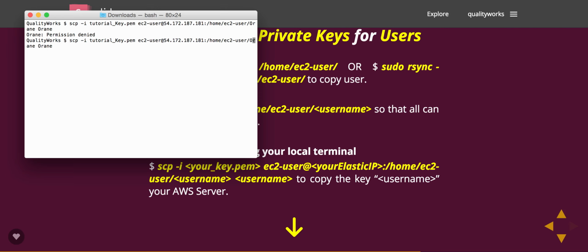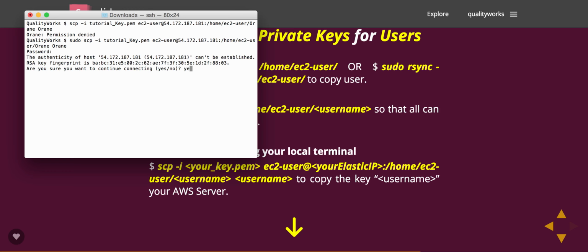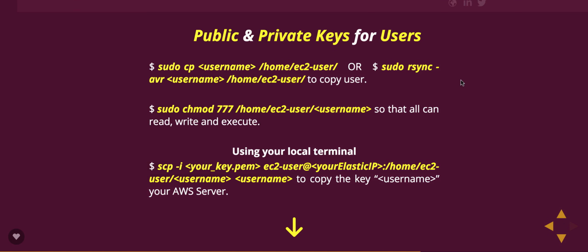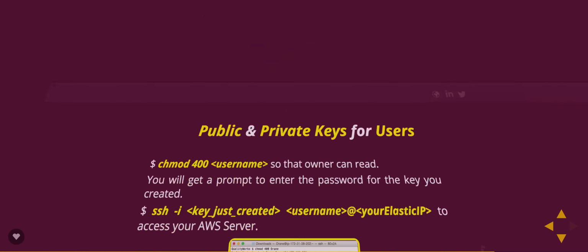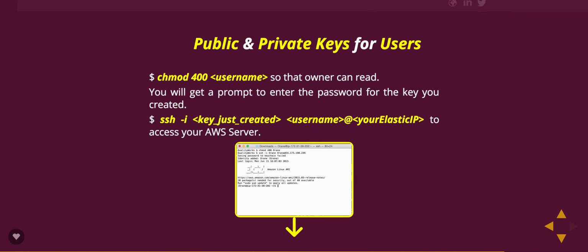So let's just try running this as sudo. Okay, and that did the trick. Now it was successfully transferred. And again, if you're going through the tutorial, here we have some lovely screenshots stating what we just did. Okay, so now